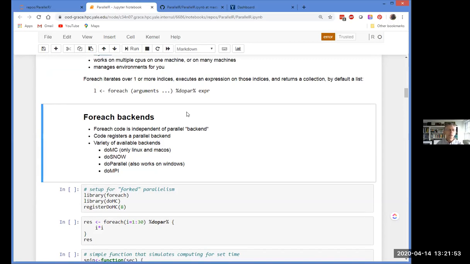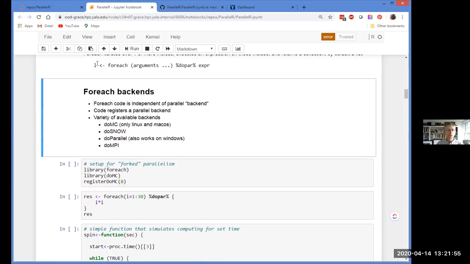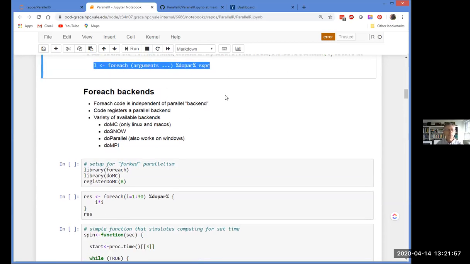Now behind the scenes, there's nothing here that really says anything about how we're going to run this in parallel. How is it going to be spread out across multiple CPUs or perhaps even multiple machines? That's powerful in that those details have been abstracted away from the foreach.